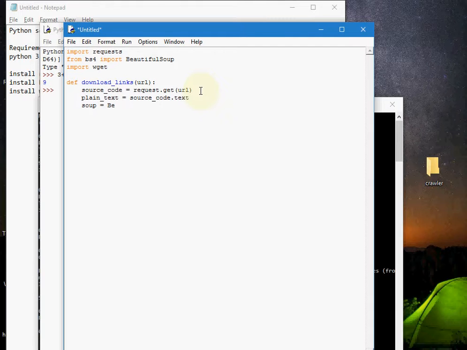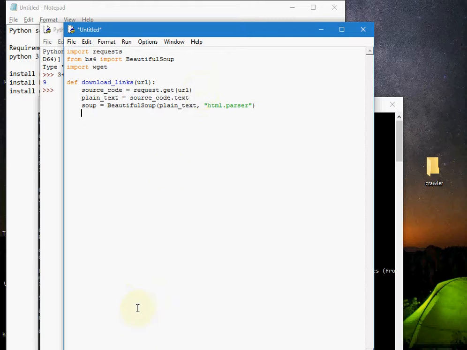So we are going to use Beautiful Soup, sorry, on the plain text, and we are using html dot parser. Okay, close it. So here we will get the HTML content directly into some variable. The variable is named soup. Now after that we'll go through it.